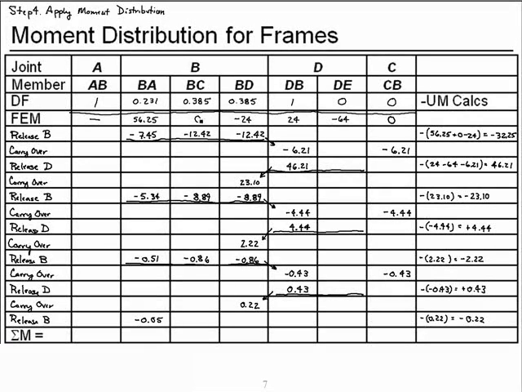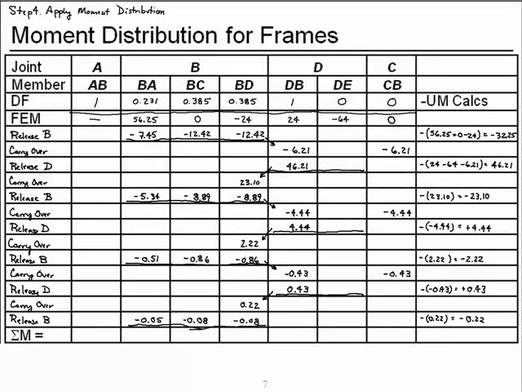When I use this distribution factor, I get a negative 0.08, and for this one a negative 0.08. This node is now in equilibrium. And if we carry over to the other ends of member BC and BD, we're carrying over something well below the 1% I was looking for, and so we'll stop the iterations at this point,